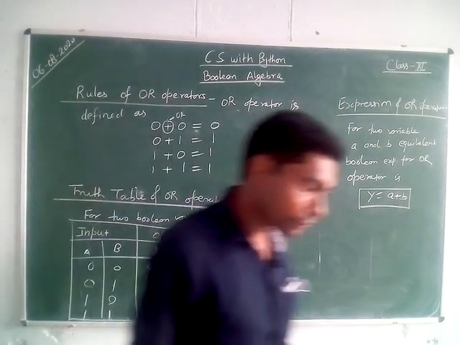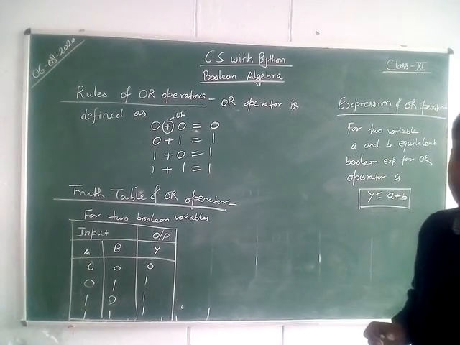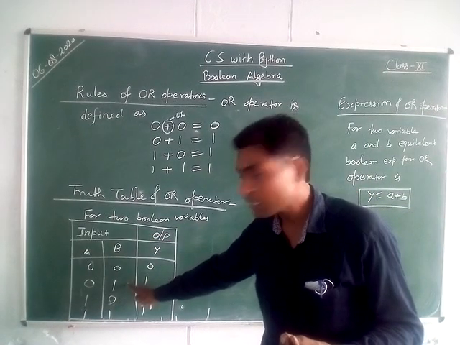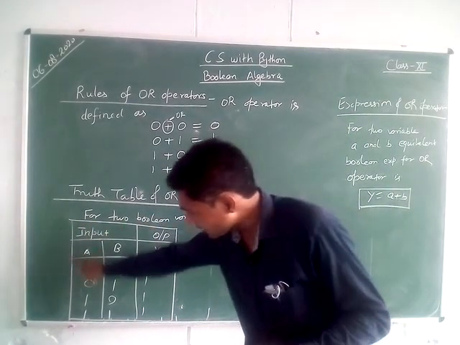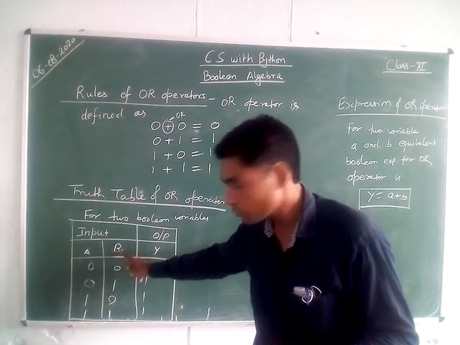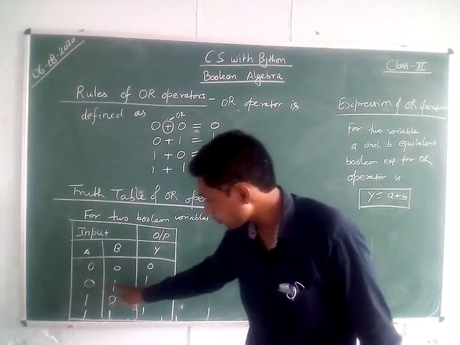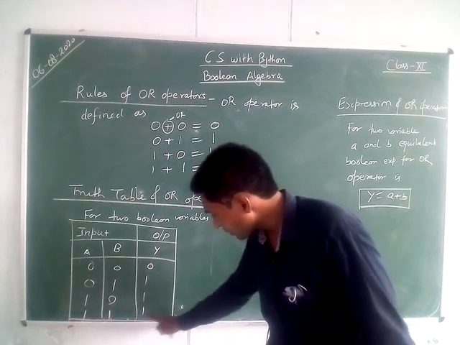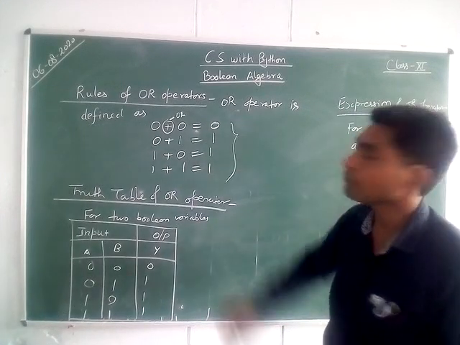Again I am revising for you. Truth table is a table that contains all possible combinations of input variables with their outputs. Alright? Now I am making a truth table for two inputs. Here A and B are the two inputs. Y is the corresponding output column. 0 0 1, 0 1 1, 1 0 1, 1 1 1. The output Y can be obtained from the rule of OR operator.